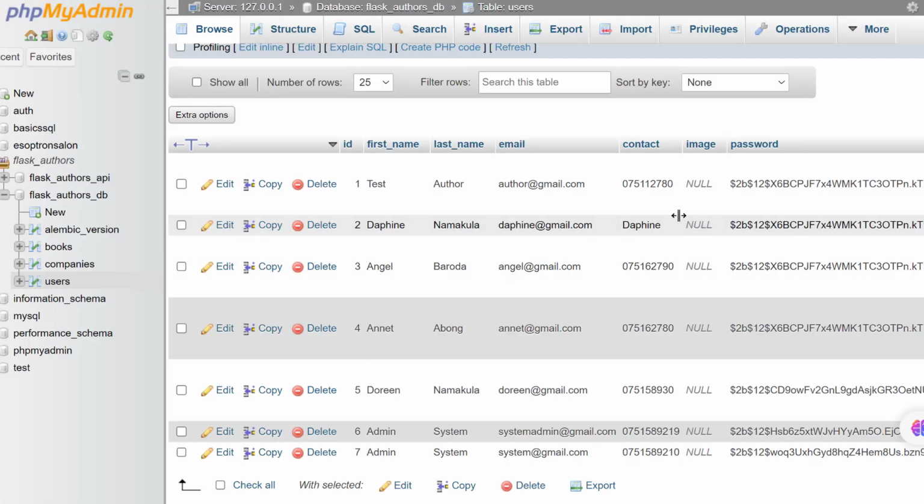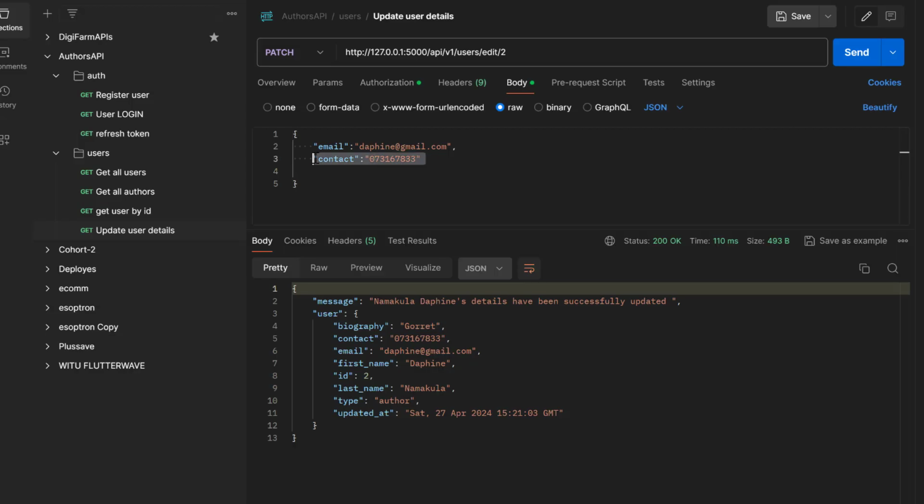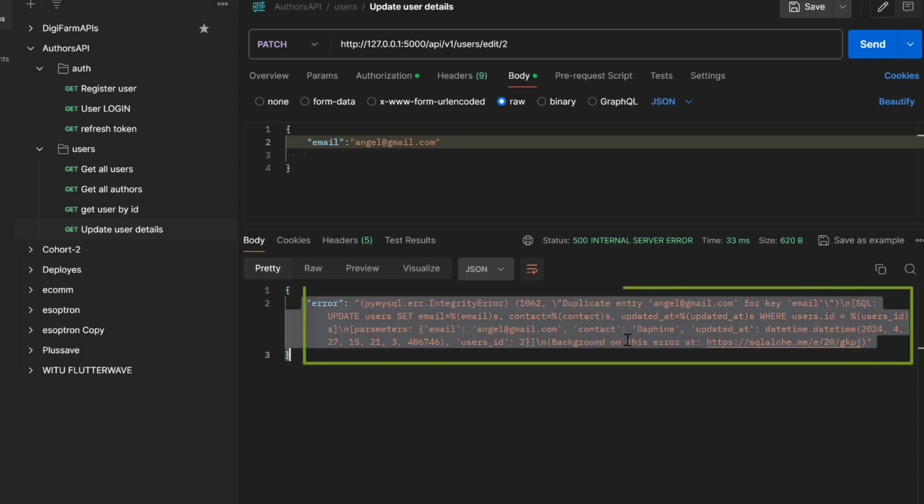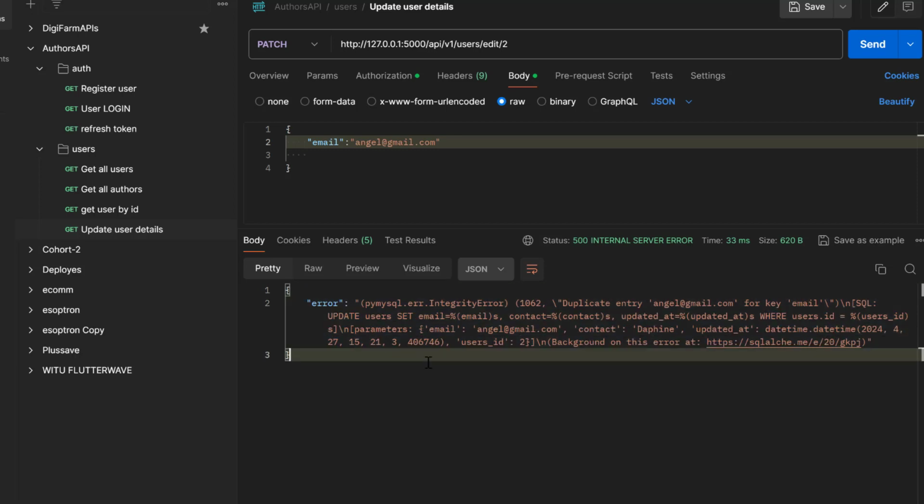So I'm also going to try to test for cases whereby maybe Daphne wanted to update her email address to angel@gmail.com. So instead of the contact, we are going to retest this email address with an already existing email address. So when I try to make a request, this is the response that is returned. So we actually attached constraints on our database in terms of the email address and then the contact number, where